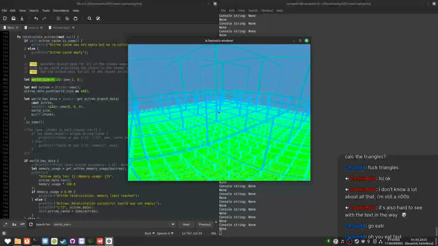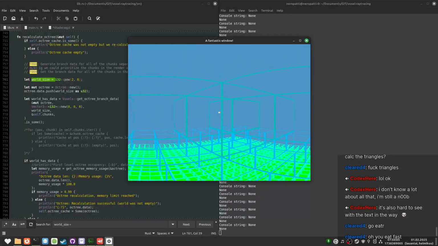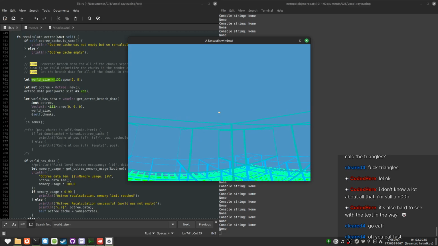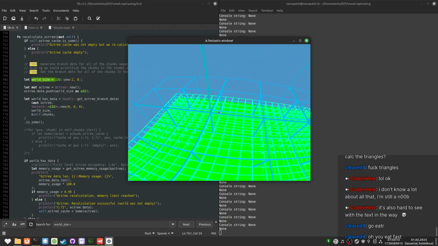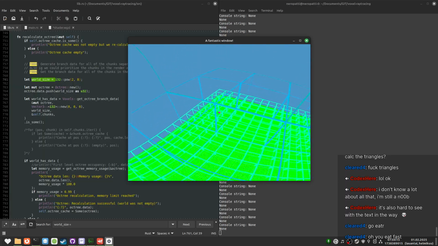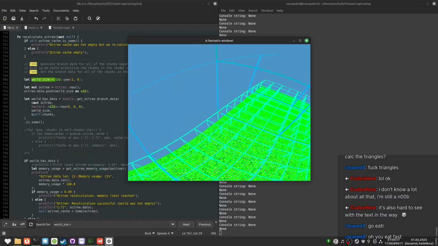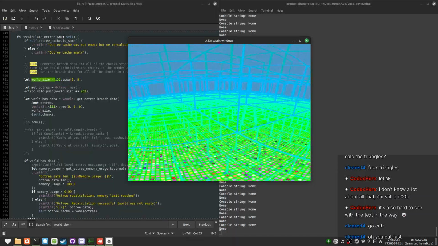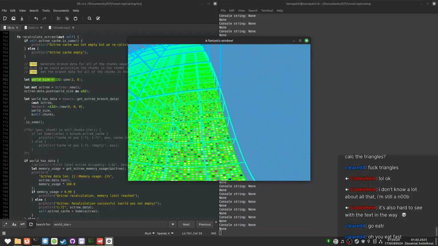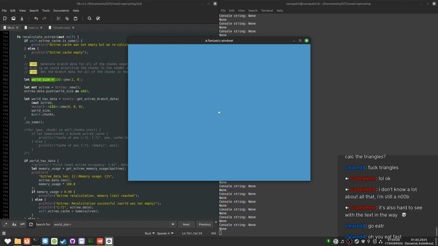Yeah, let me actually go above the thing. The world is quite small right now. It ends right here. If a ray exits the world, then I just stop the ray. It's a bit easier on the GPU to do that. So I can't go outside of the world and look at everything from further away.